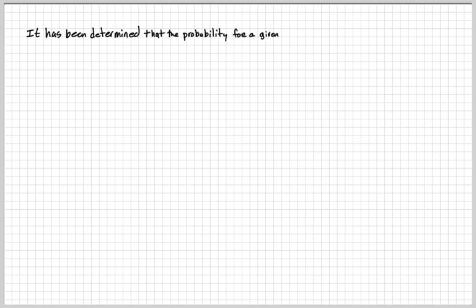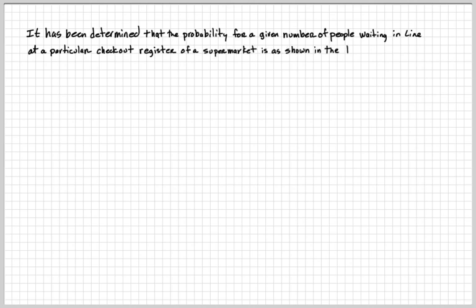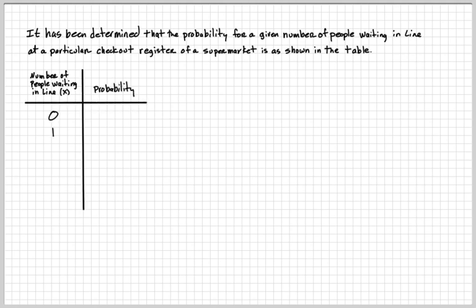Okay, data detectives. Now we're going to do a probability distribution table and how we can use that table to answer some questions. So let's say we have a probability distribution that says it has been determined that the probability for a given number of people waiting in line at a particular checkout register of a supermarket is as shown in the table. So you know how you go to the supermarket sometimes and you see no people, one person, two people, or three people,